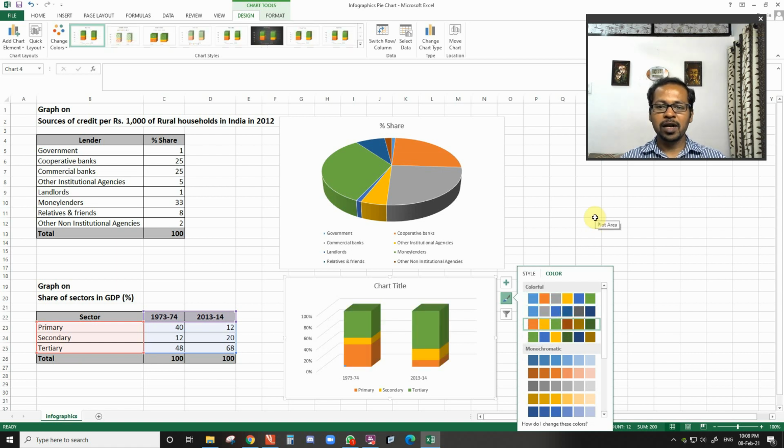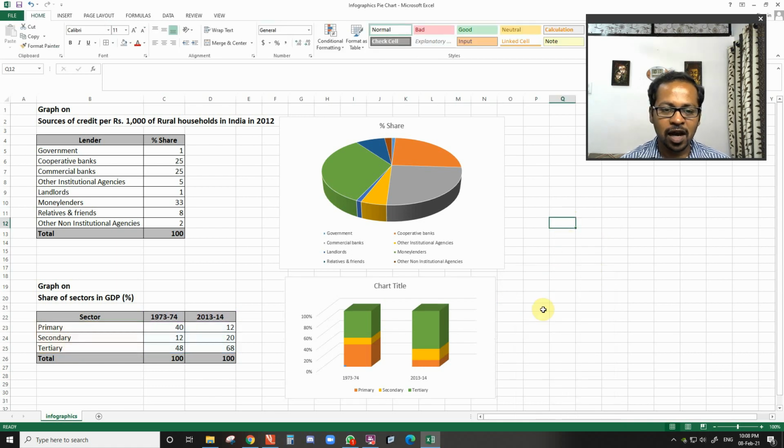So I hope you are able to understand how this information is presented in the form of computer graphics, which is more appealing, and it is very important even in your future, because infographics makes the presentation attractive and it is easy to understand.